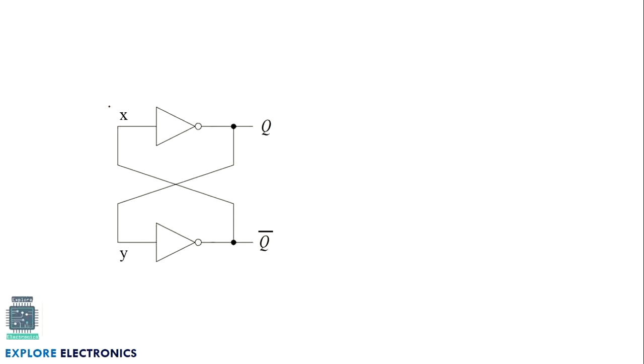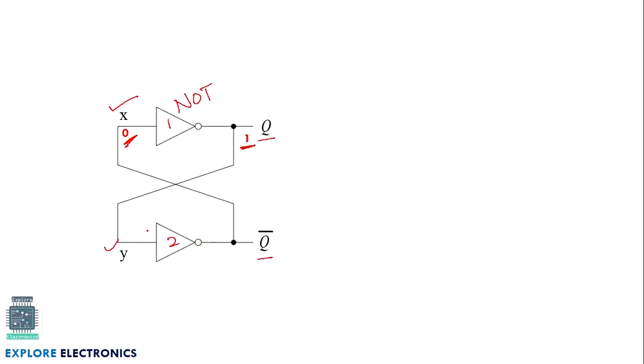If the two-input bistable is this, let us treat the inputs as x and y. It is connected in this fashion. Output will be Q and Q bar. Q will be connected to the input of one gate and Q bar will be connected to the input of one more gate. Let us treat these as 1 and 2. The outputs are cross coupled here. Once x is equal to 0, it gives 1 at the output, since it is an inverter, or a NOT gate. If the input is 0, it provides the output as 1.